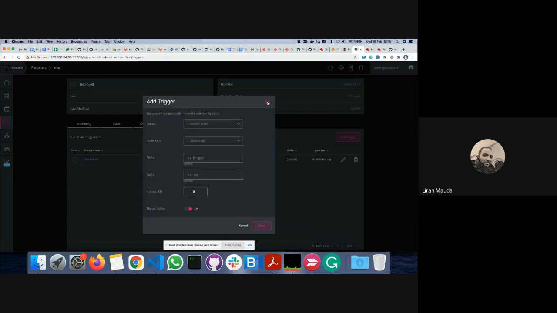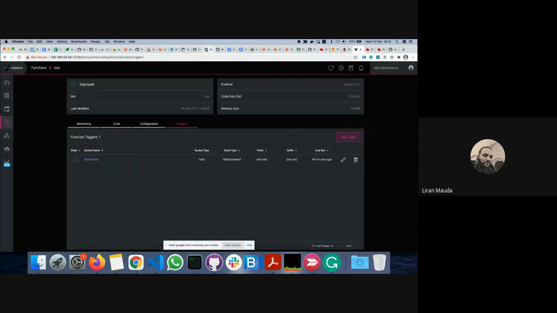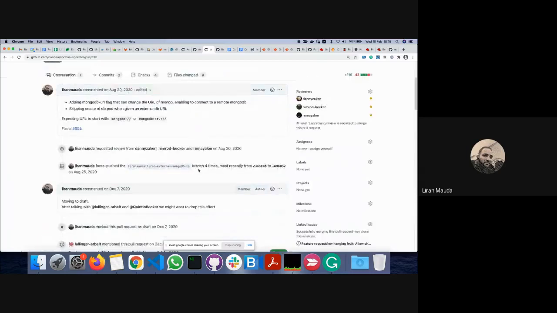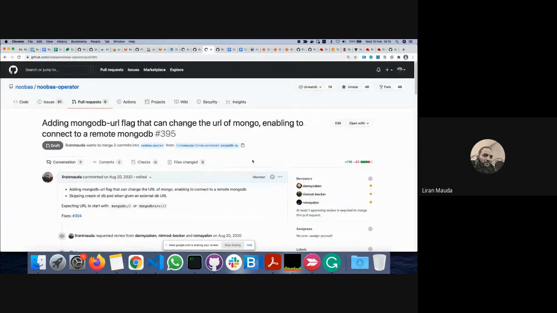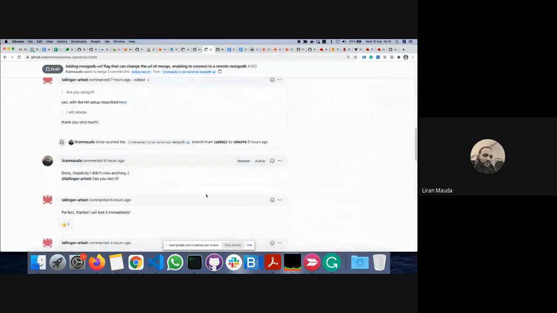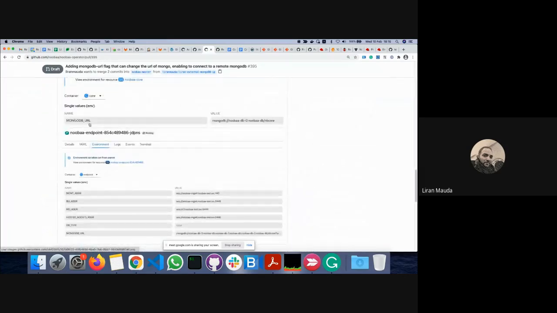I'm still sharing my screen, right? Regarding this PR that you asked me today to rebase, I've rebased it. I think I fixed the issue that the core itself didn't get the output of the flag. It was because we changed the value to be in the environment variables. I missed that in the rebase, and I fixed it. It should be in right now.